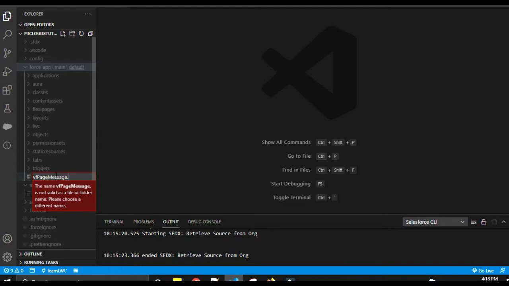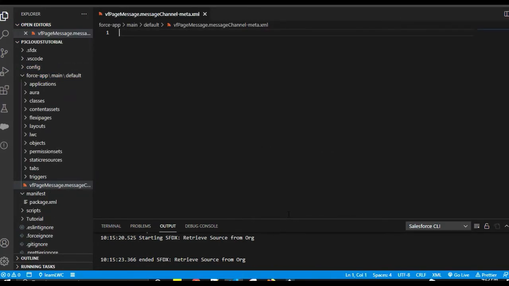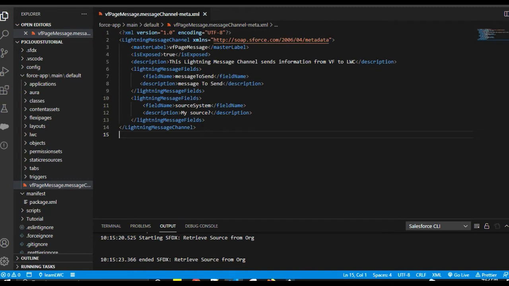We need to define it like this: messageChannel-meta.xml. Okay, so once you create that XML file, we can copy paste this code.